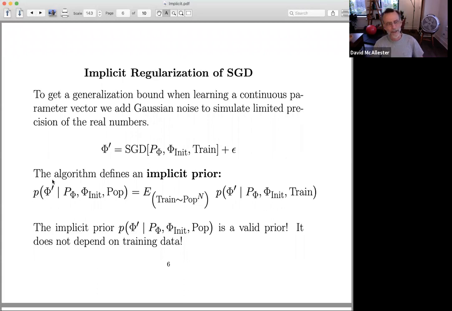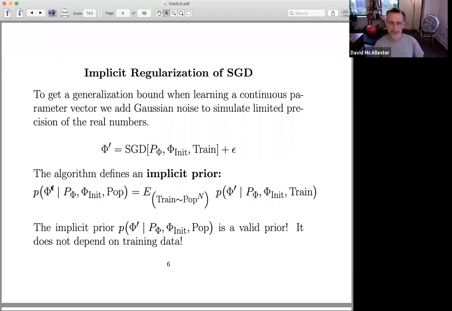So the prior probability distribution over the vectors is going to be defined in terms of the model, the initialization, and the population distribution. So I'm going to define this in terms of the population distribution by saying, well, this prior probability over the model parameters,